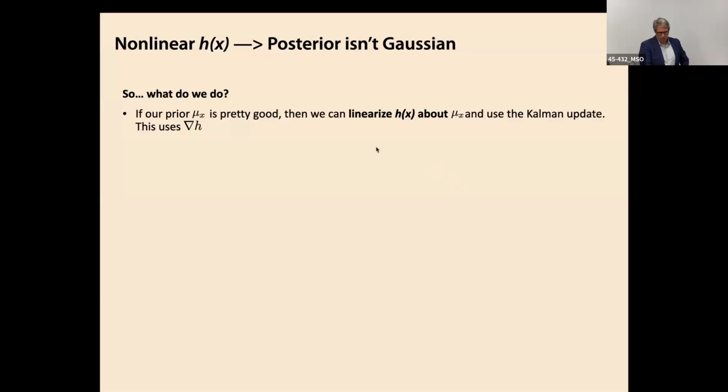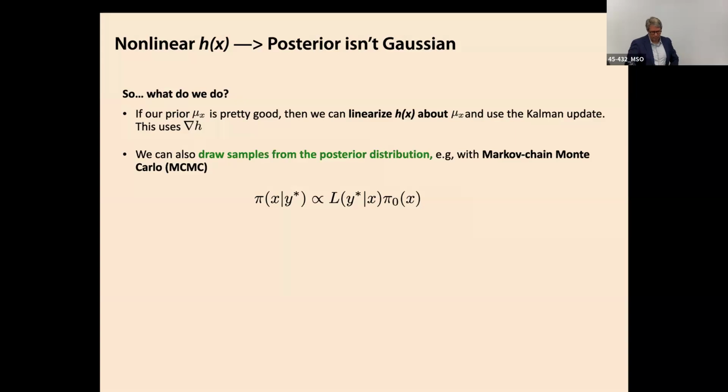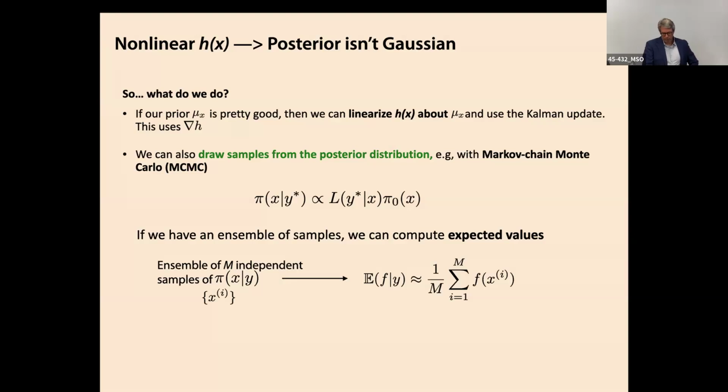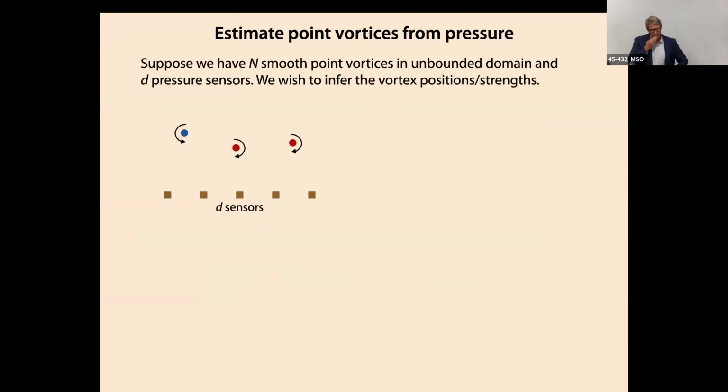So one way would be I just do a linearization about the prior mean, and that could work, okay? Or we do a brute force approach, I mentioned before, a Monte Carlo approach, where I just basically trial and error, right? And I use MCMC, which is the workhorse for that sort of approach, where you just keep trying new things and refining my probability. Okay, so I'm going to show you some examples of doing it that way. This is a nice problem that is easy to understand, and it's a nice way to reveal some of these tools in a fluid dynamics scenario.